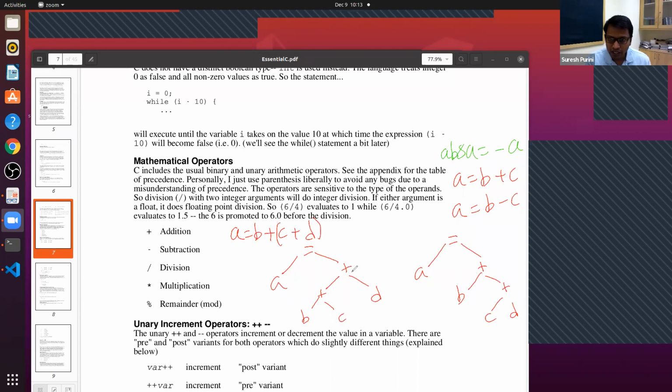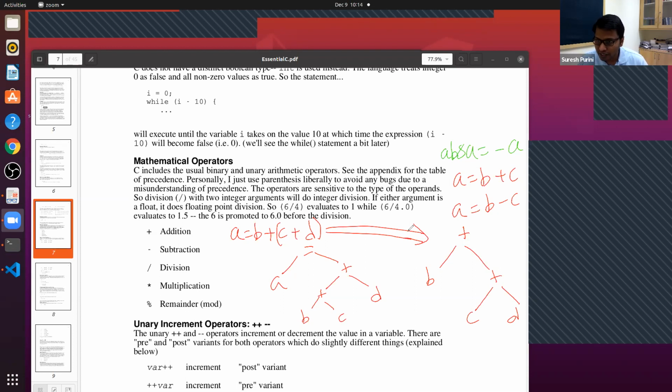So in terms of the tree, if you put parentheses, then for the sake of simplicity, I'm not putting A equal to, so we will have B, and then we will have C plus D. So this is the tree associated with this expression because we have put parentheses.